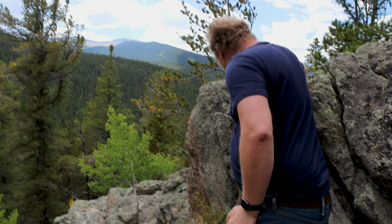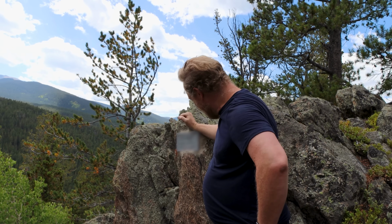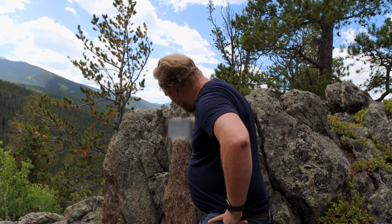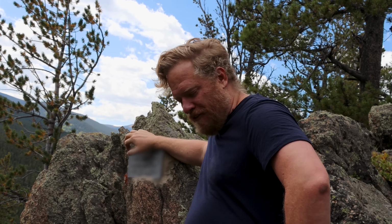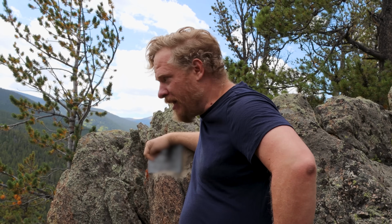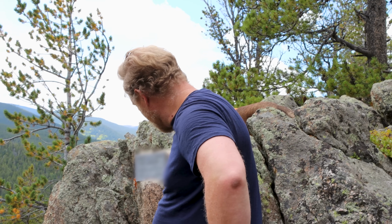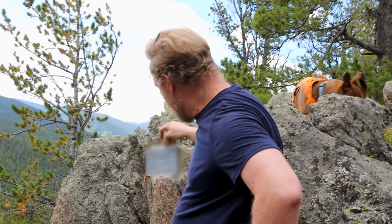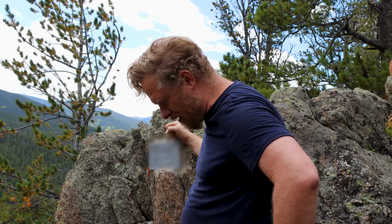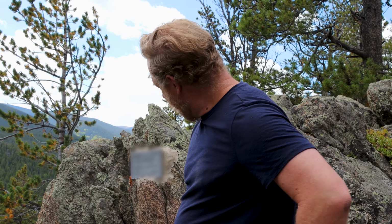And we're gonna blur out these names because you could figure out where this property is based on them. But these were the mother and the father of the family that homesteaded this property. They built the main house and lived on this property for quite a while, raised their kids here. And this is a memorial plaque with their names and their birth and death dates, it looks like. So I don't know if their ashes were scattered up here or what, but I think we're gonna leave this